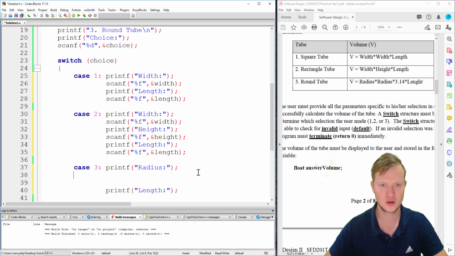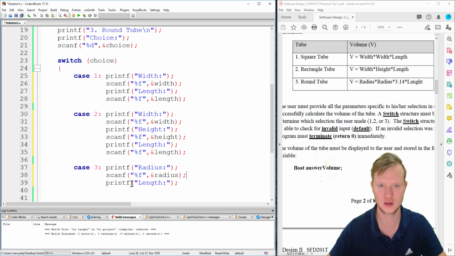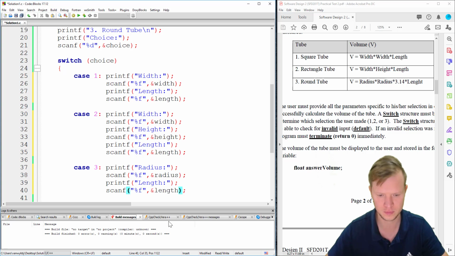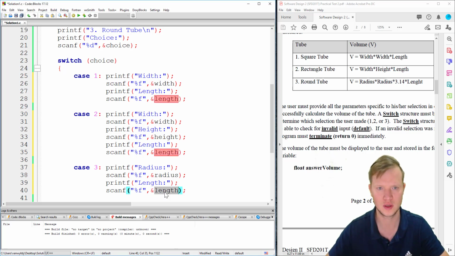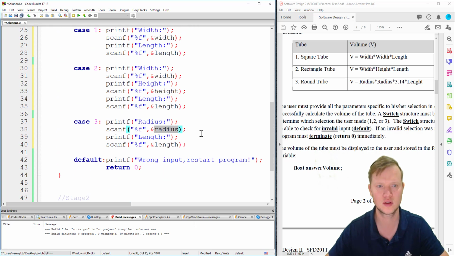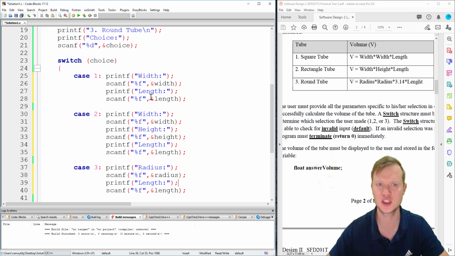Next up, we need to go and grab the radius, radius and the length. Okay, and let's go and check all the variables are correct. Okay, now after we have successfully scanned all the variables that we need, we can actually go and do